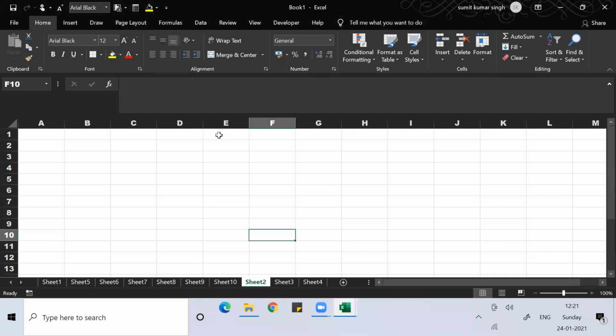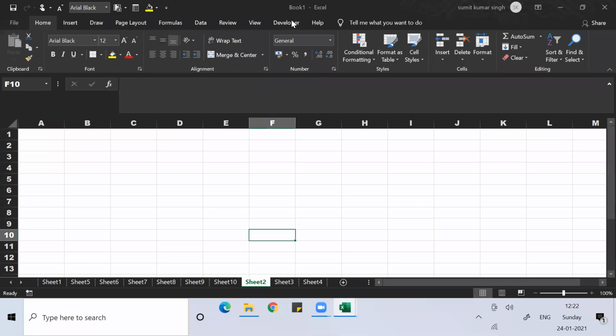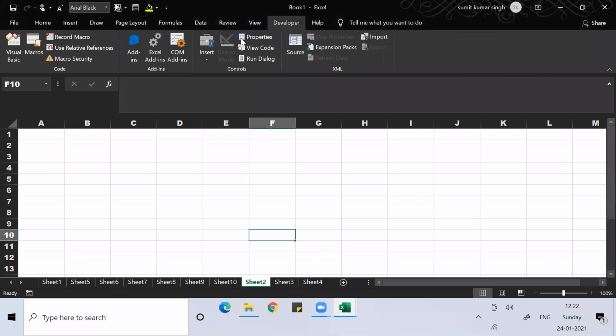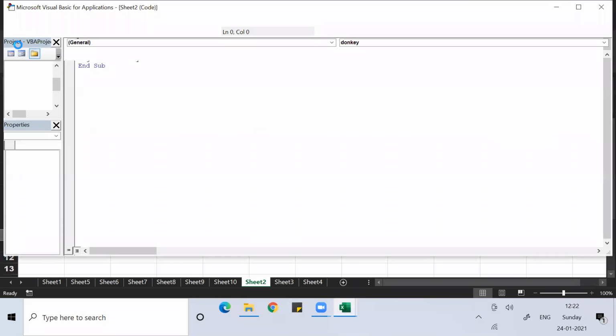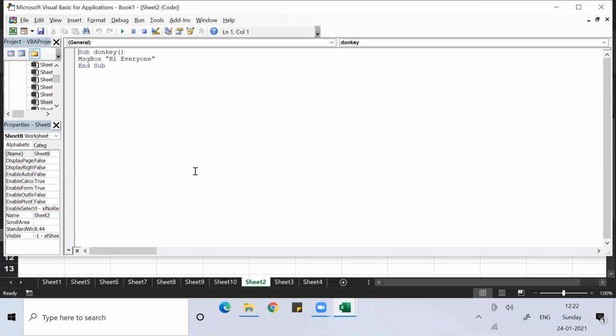Basically, under the developer tab, we can record a macro. We can write programming. That will come under the next level of preparation on MS Excel, where we'll go under the developer tab, to Visual Basic, and there we can write a program.